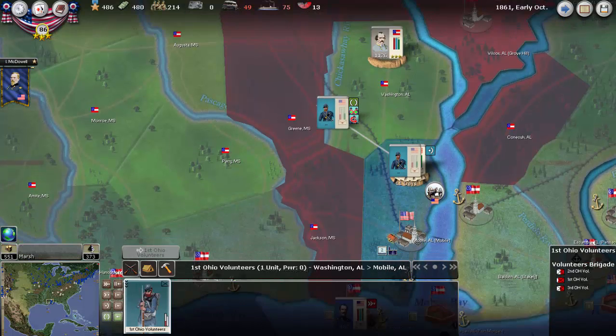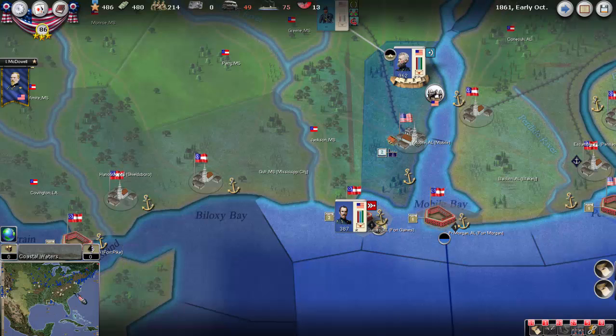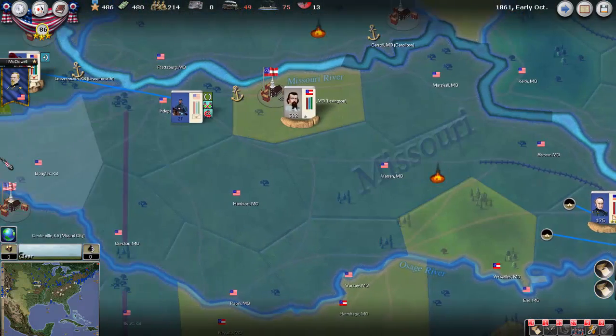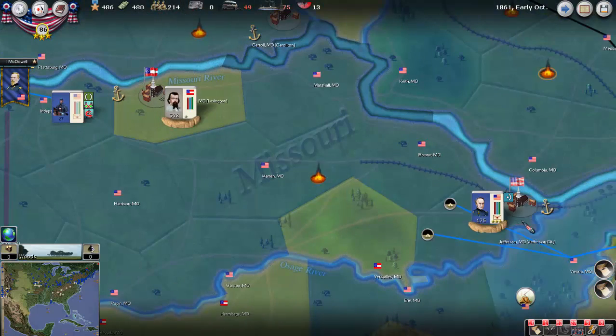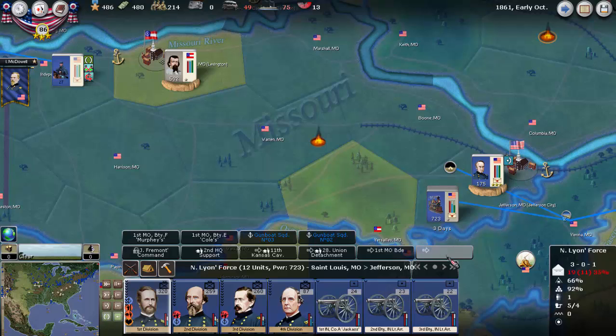from before. We're going to try to assault Fort Gaines. Up in Missouri, I'm in a bit of a tricky situation. Shelby has a large force and could easily attack and take Kansas, so I'm going to move Lyon's divisions to Jefferson City,